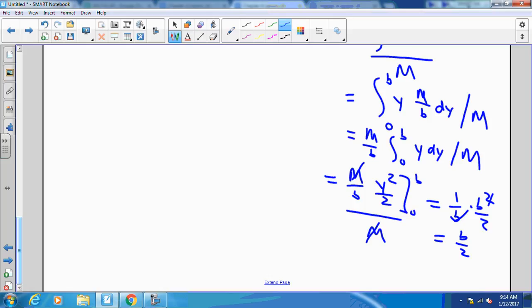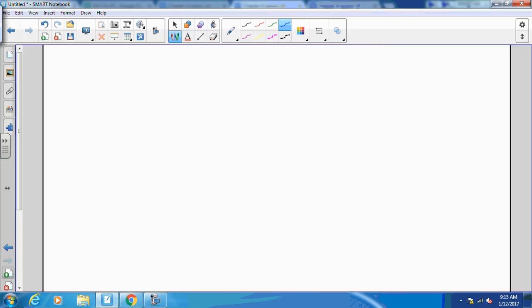Okay, we're going to practice this some more tomorrow with other objects, but before we call it quits, I want to do a little bit of a look ahead to see what that might look like if we have a strangely shaped or strangely dense object. Let's consider problem number